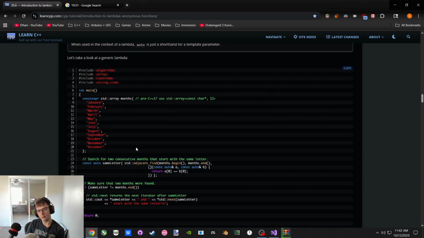And it takes an A and a B, and they're both const auto references, and it's returning whether the first element of A is the same as the first element in B, same value. And we finish, and we call it same letter. We say if versus same letter.